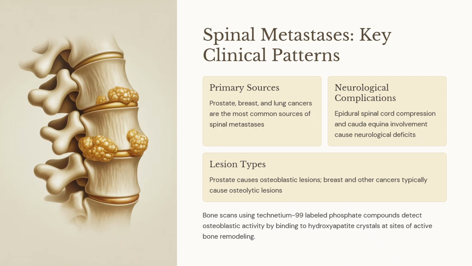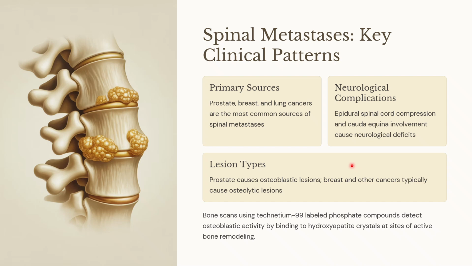Spinal metastasis arises from prostate, breast, and lung cancers. They are the most common sources of spinal mets. The spinal mets can present with a spinal fracture or sometimes even cauda equina syndrome, and they can also cause neurological deficits. Prostatic cancer causes osteoblastic lesions in the spine, whereas breast and other cancers typically cause